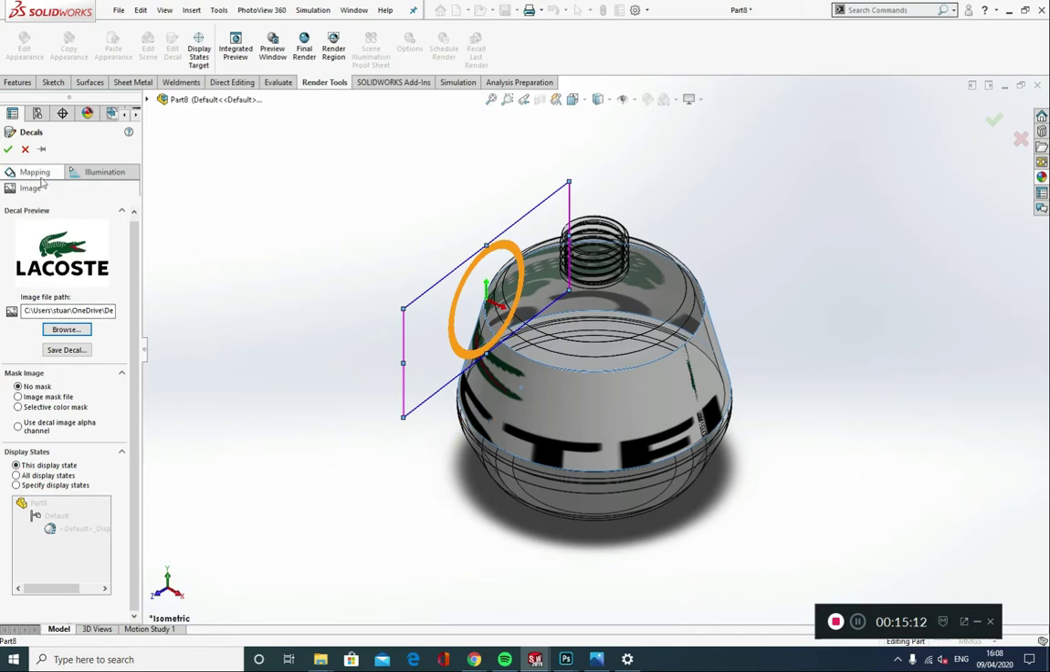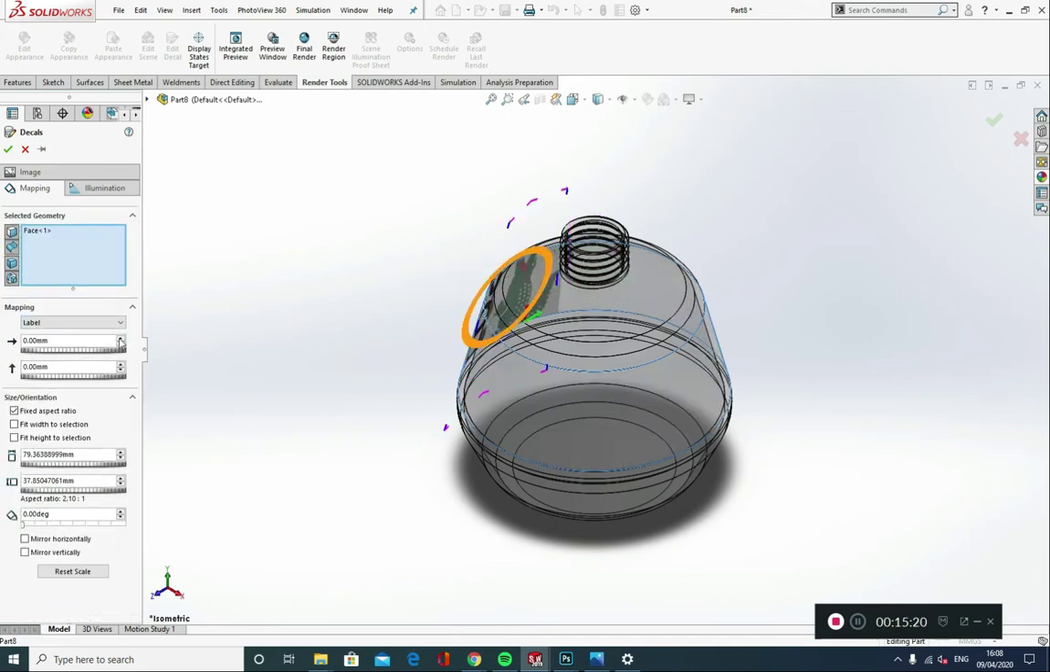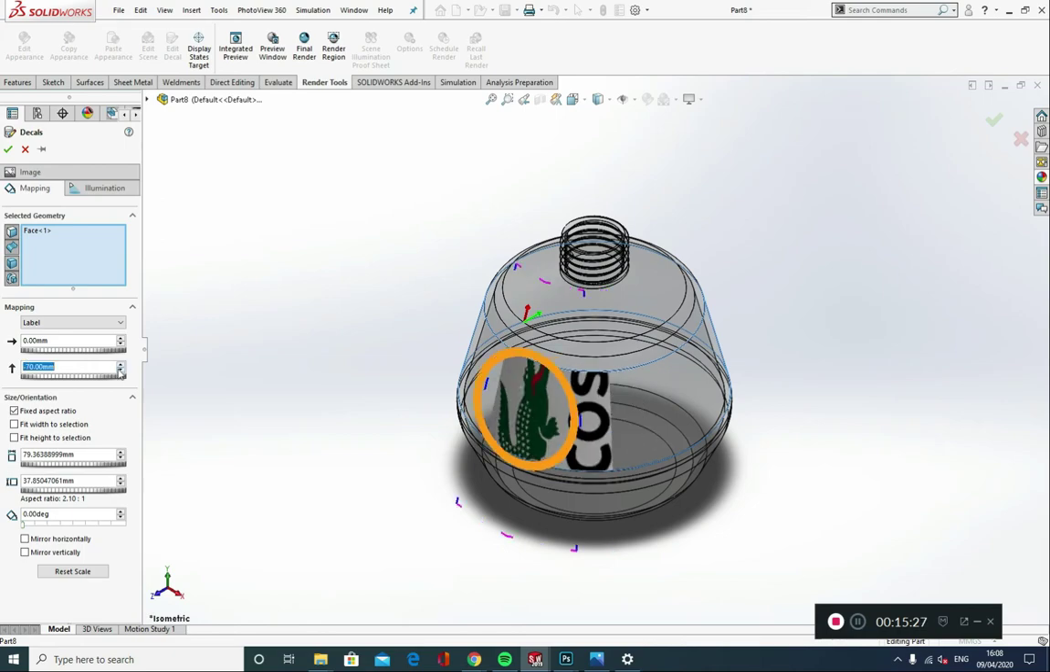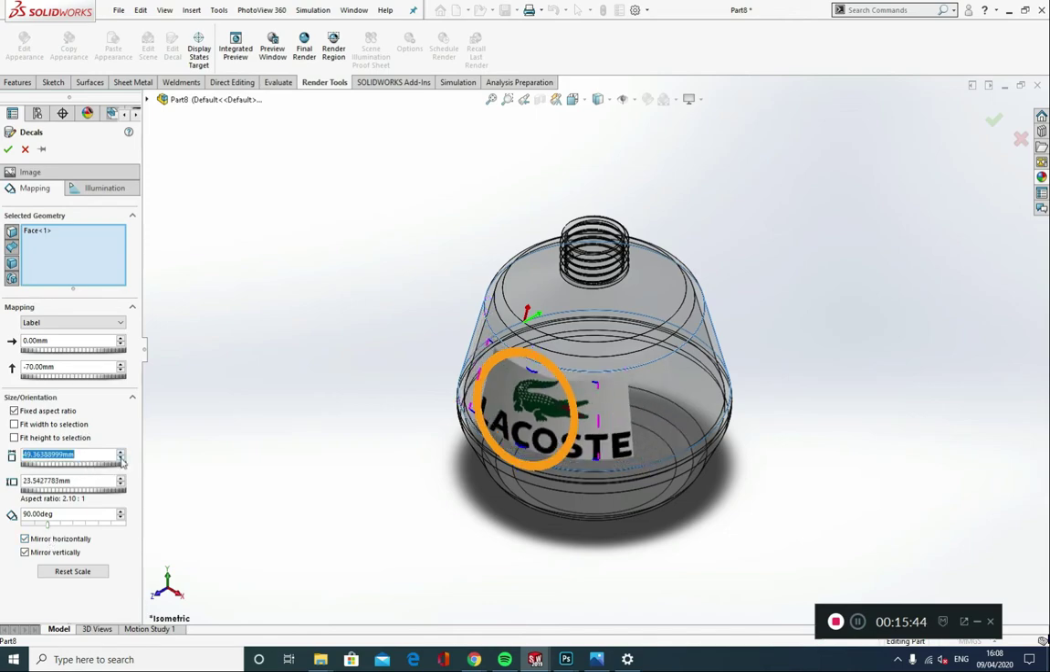From here, what I'm going to do is go to mapping, and I'm just going to tweak the mapping from cylindrical to label. Just going to move it around a little bit. I'm going to move it around this way so I can see what I'm doing. Okay, obviously that needs rotating by 180 degrees. Let's do it by 90 in fact, and let's flip it vertically and horizontally. Okay, once your image fits,